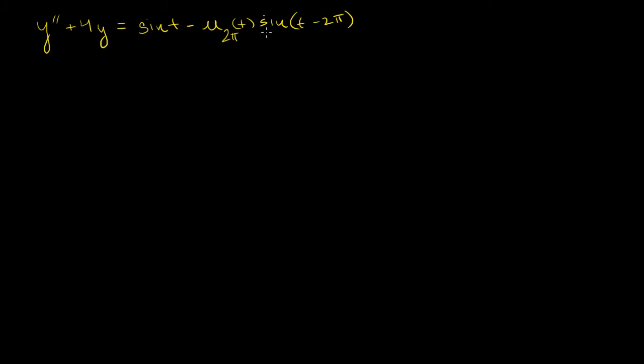So we're going to take the Laplace transform of both sides of this equation. What's the Laplace transform of the left-hand side? The Laplace transform of the second derivative of y is s squared times the Laplace transform of y, minus, lowering the degree once, s times y of 0, minus y prime of 0. Clearly, I must have to give you some initial conditions to do this properly. And then plus 4 times the Laplace transform of y